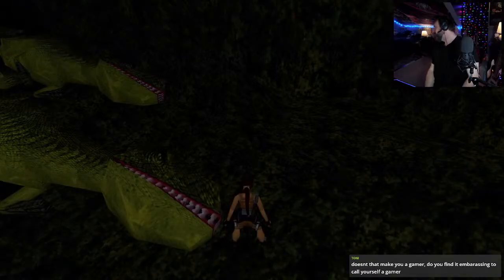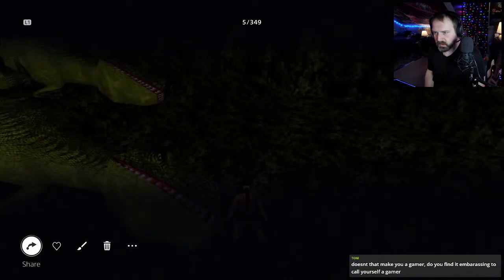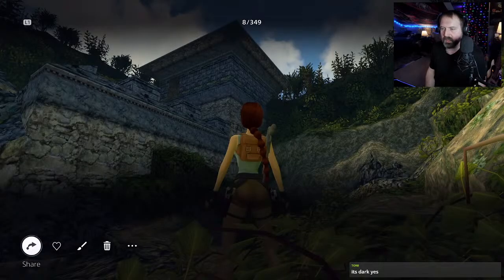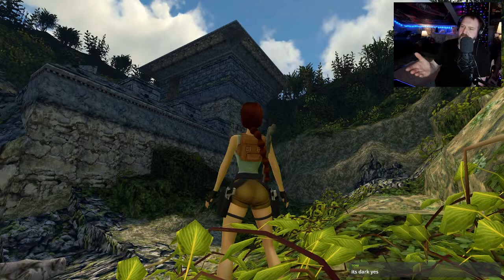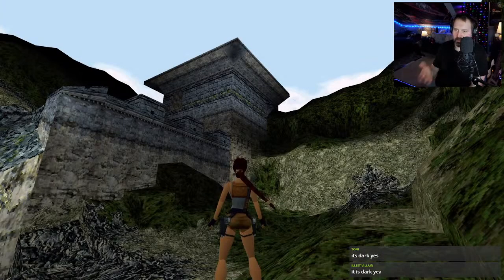Doesn't look that dark on my TV, but it looks insanely dark on here. Yeah, that's just dark. Let's see if I can find a better example. Okay, yeah, there is an area in the newer graphics, and here is the same area with the old graphics, right?